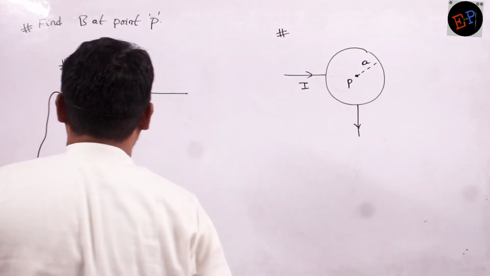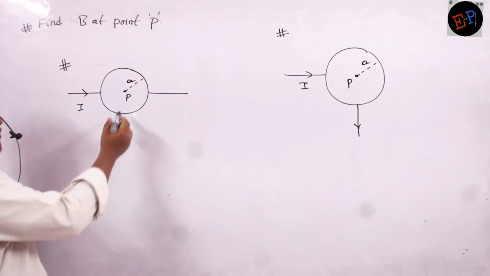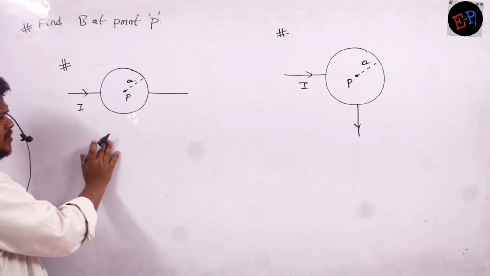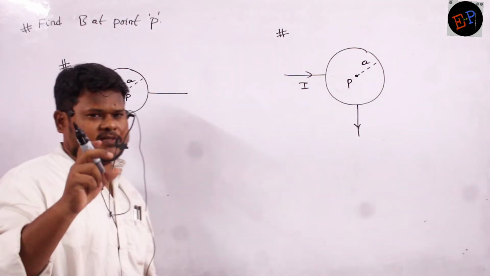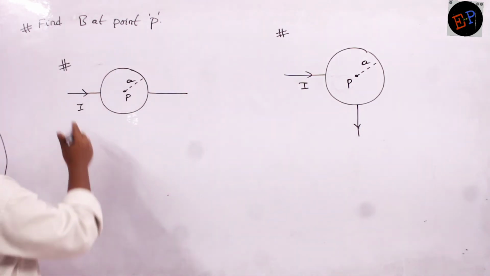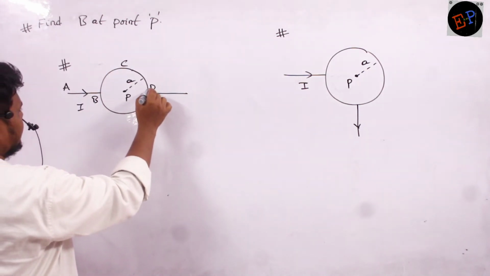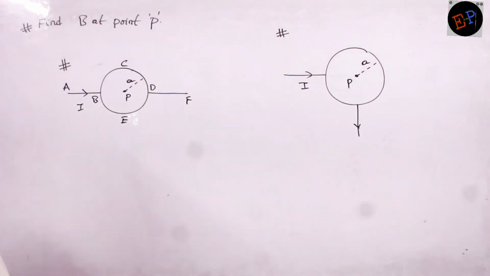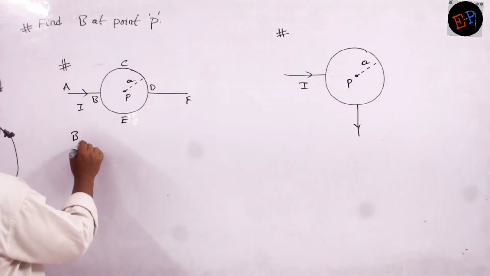Let us see this question. Find the magnetic field at point P here. Yesterday we have done one method. What is that method? Divide this figure into many small parts. Then find out magnetic field because of each part. So A, B, C, D, E, F. These are the different parts I am taking. So magnetic field because of AB,